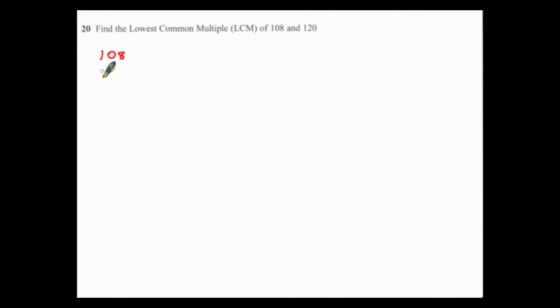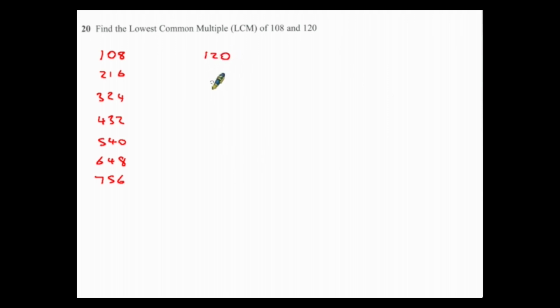So 1 times 108, and then it would be 216. Then it would be 324, 432, 540. I'm obviously just adding 108 each time. 648, 756. Let's just stop there for a moment and have a look at the multiples of 120, see whether any